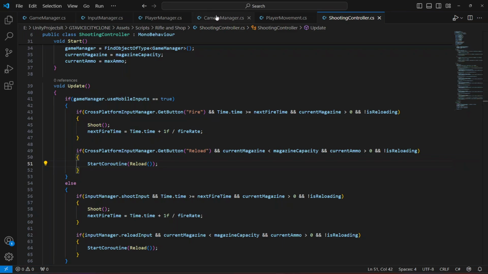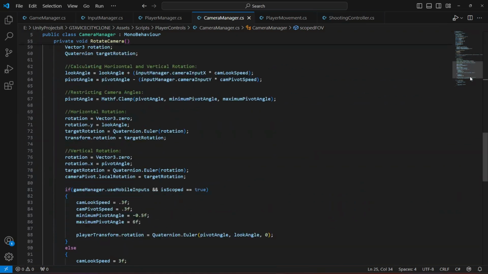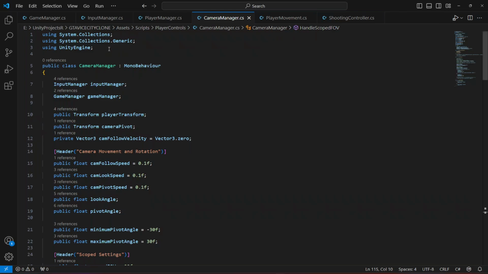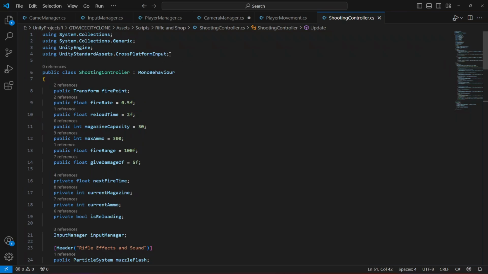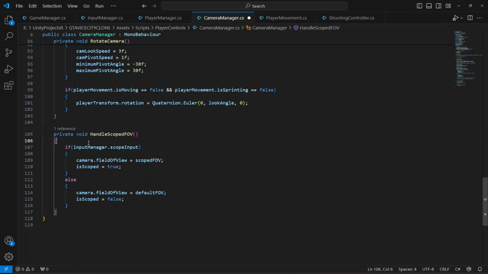Then you can open up the camera manager script. On the camera manager we have this handle scoped FOV method, in which by using the scope input we zoom in and zoom out. So right here we're gonna do the same. First of all, at the top we will add this package. Then we already have the game manager reference. We can just scroll down,